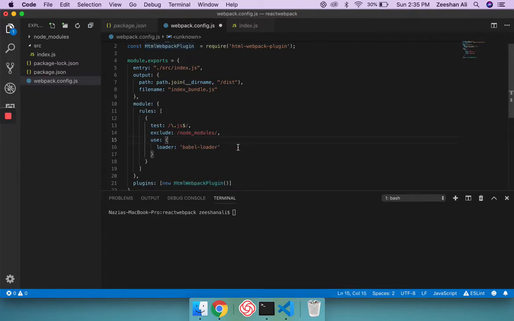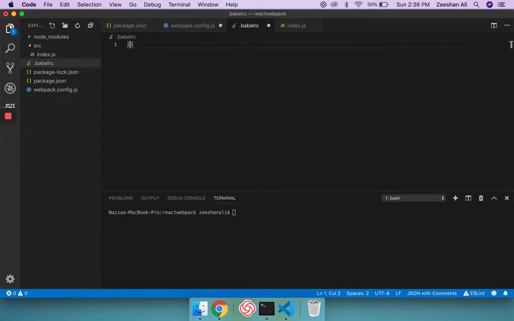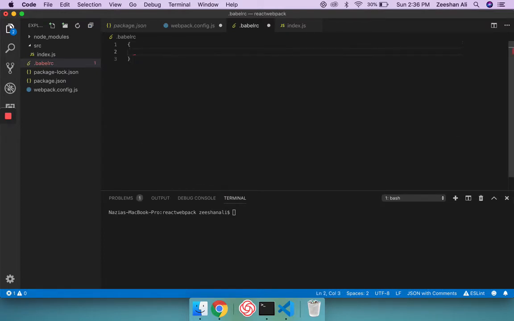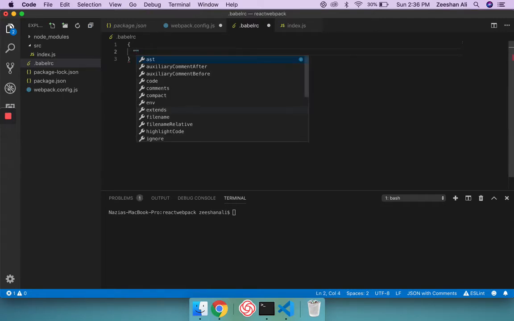So we will specify the presets in a file in the root directory, which will be a .babelrc file. So inside here it will be a JSON object. We will specify the presets,